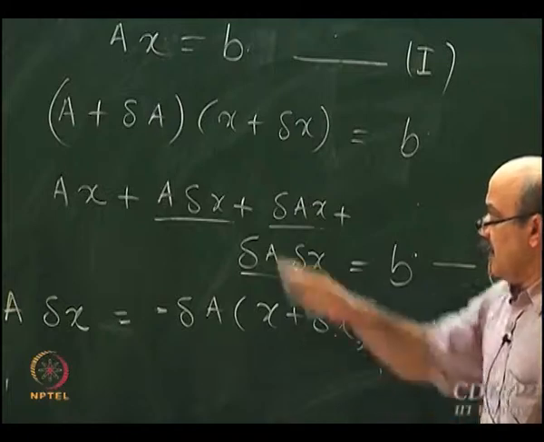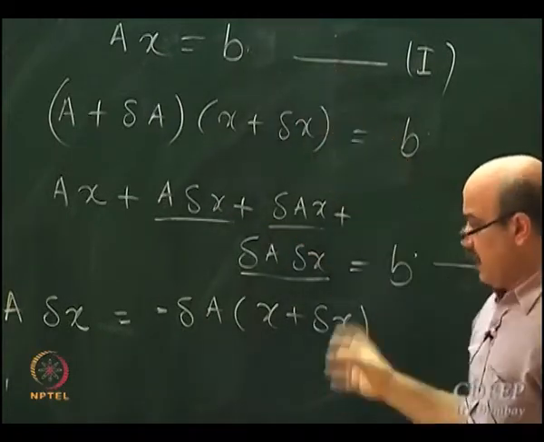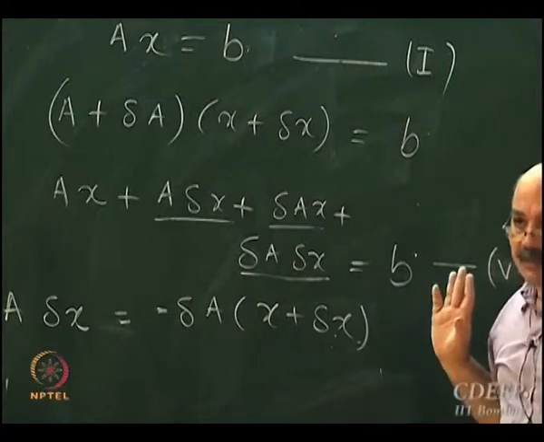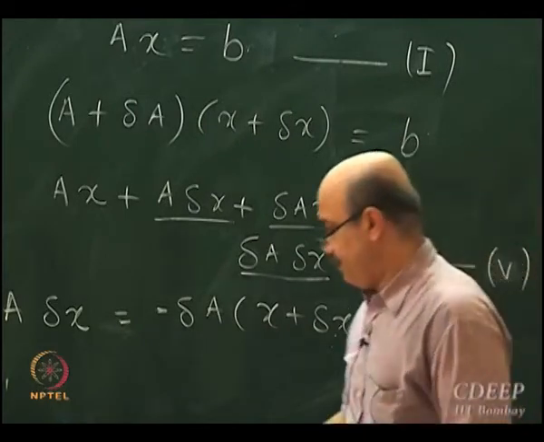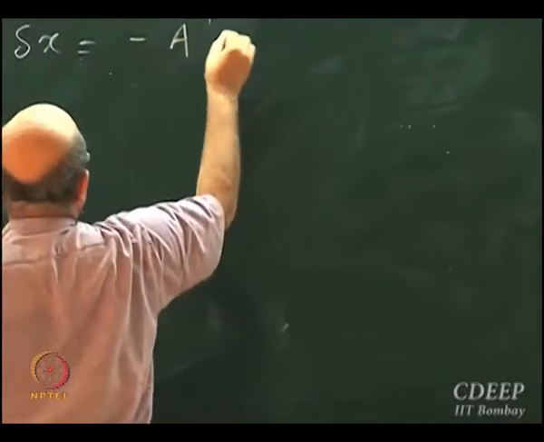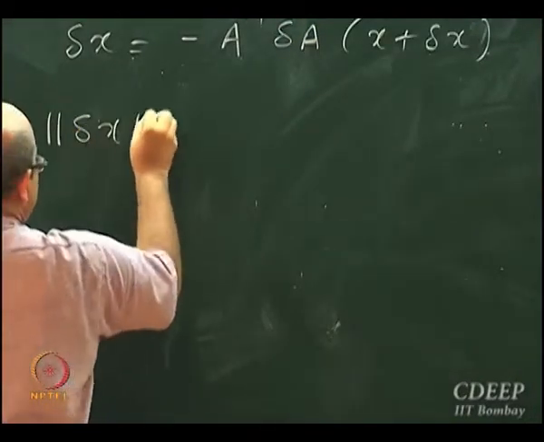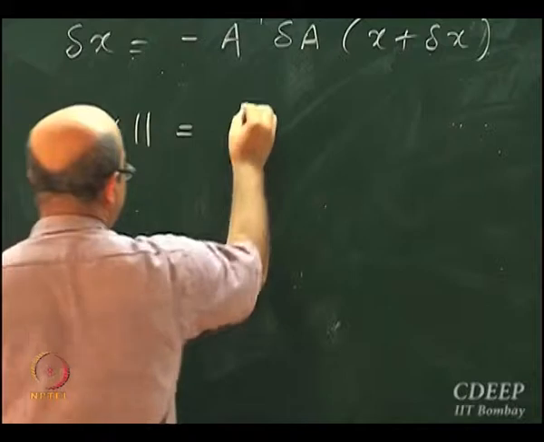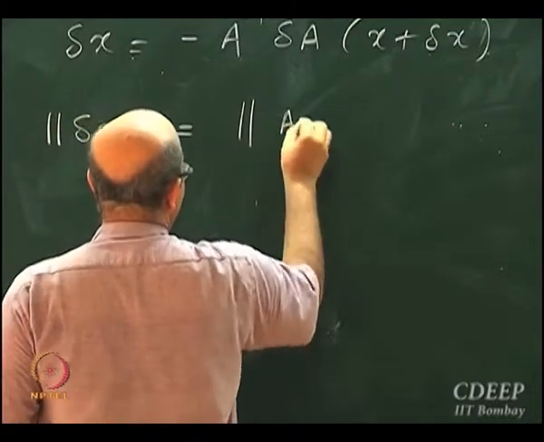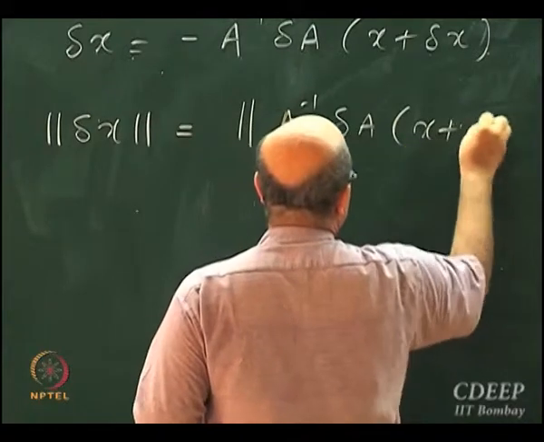All that I have done is I have expanded this and subtracted this equation to get this perturbation equation. So this implies that delta x is equal to minus A inverse delta A (x plus delta x), or norm delta x is equal to norm of A inverse delta A (x plus delta x),